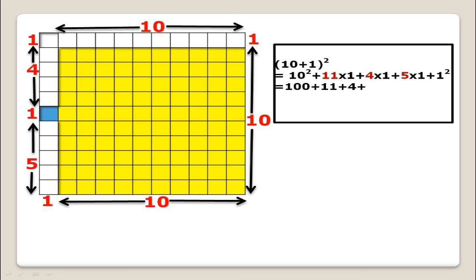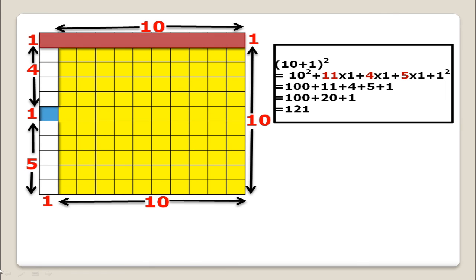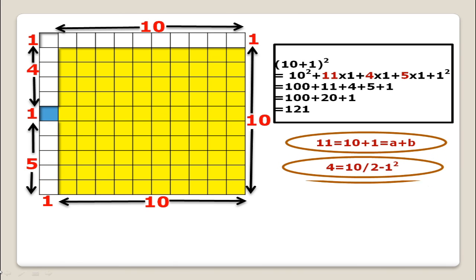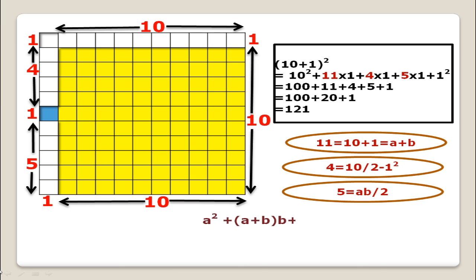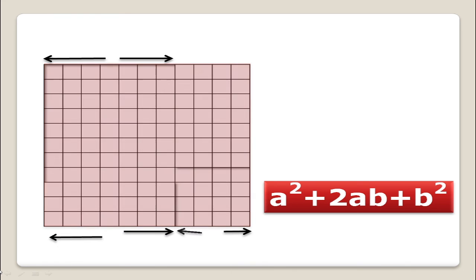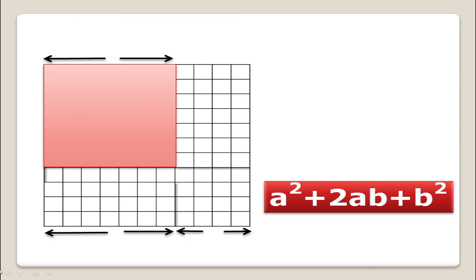So let's give a try with expansion of 11 in terms of 10 and 1. Here we have four variables on the left hand side, which would be quite perplexing as compared to previous examples. Now we need to express 11 in terms of 10 and 1, 4 in terms of 10 and 1, 5 in terms of 10 and 1, and 3 rectangles which are asymmetrical, and algebraically it's beautiful to express. No doubt it will take some time to express and to get the answer: square of a plus twice of ab plus square of b.